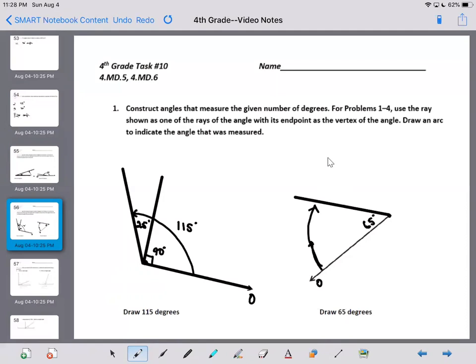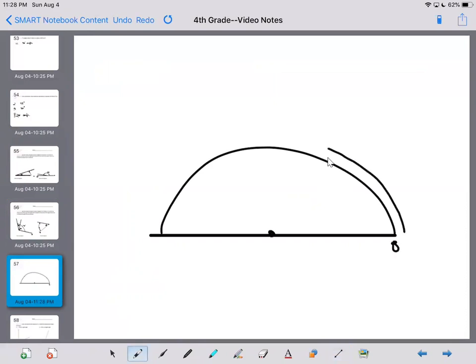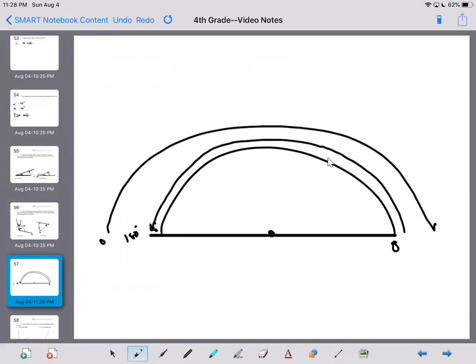But you can look at the protractor in a couple of different ways. And when you're thinking of it by looking like this, you can start here and let this be 0 and work your way this way. So some protractors are going to have one set of numbers that'll go to 180 degrees, but then you also see another 0 over here that will work its way over here to go to 180. So it's really just kind of which way do you want to look at it. And so that concludes